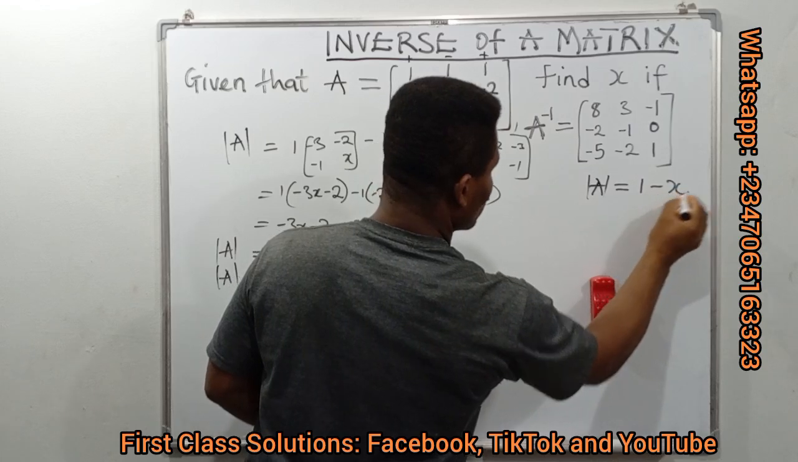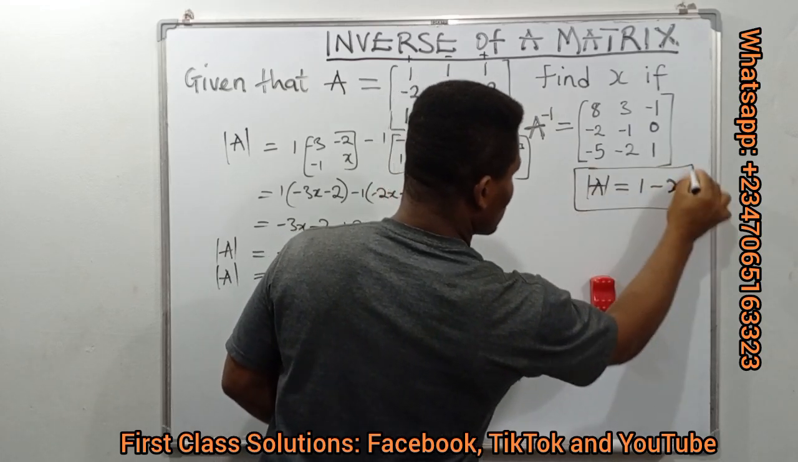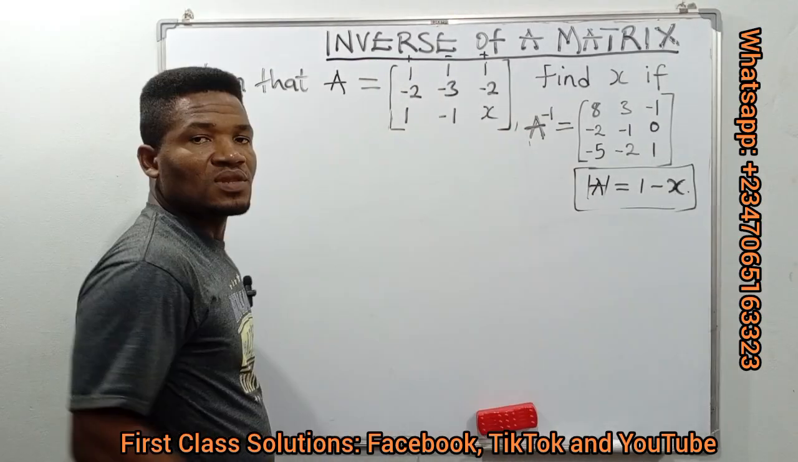1 minus what? Minus x. So our determinant is 1 minus x. Let's clean this for want of space. The next step is to get